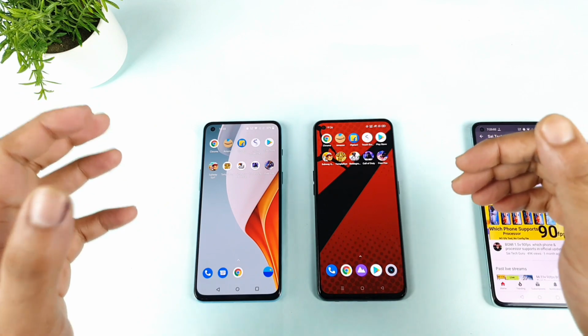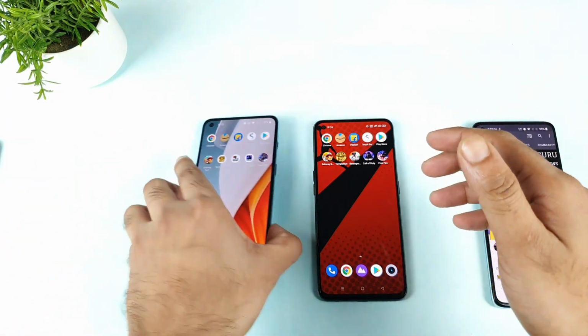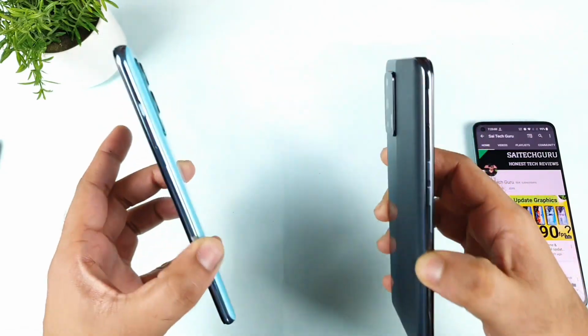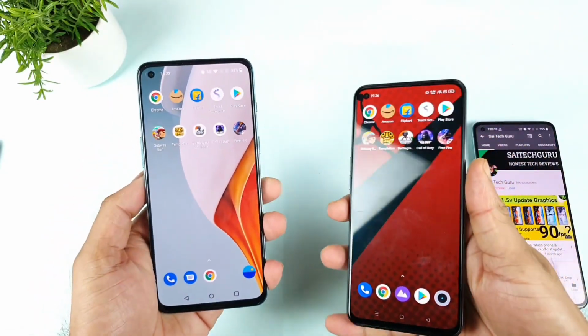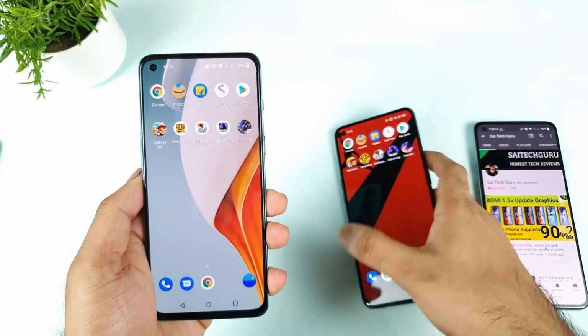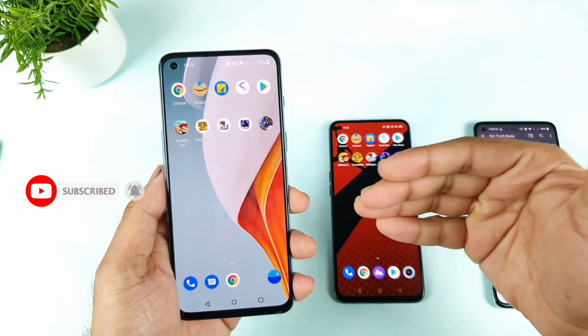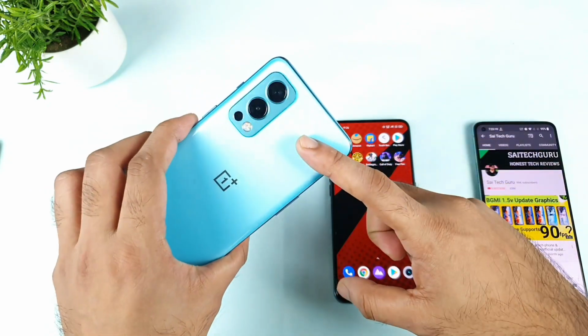In today's tutorial, we'll do the speed test and the RAM management test comparison between the OnePlus Nord 2 versus the Realme X1 Max device. This is a test I'm trying to do after the recent software update on the OnePlus Nord 2, which I received just a couple of hours ago. It has the August security patch update. Yes friends, in this OnePlus Nord 2 device.